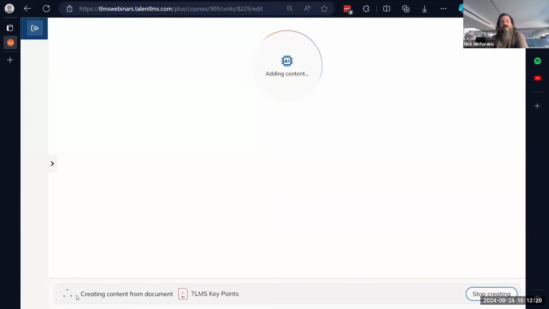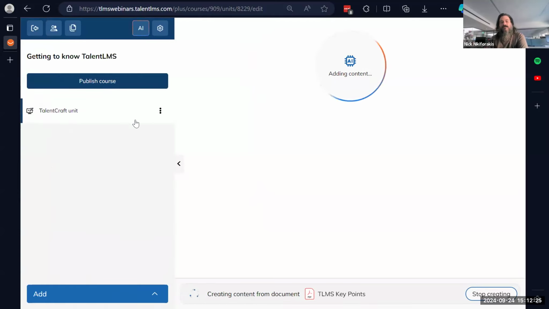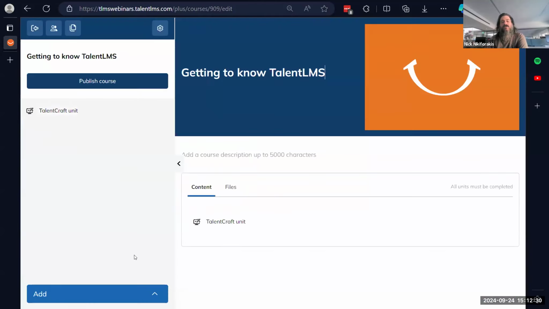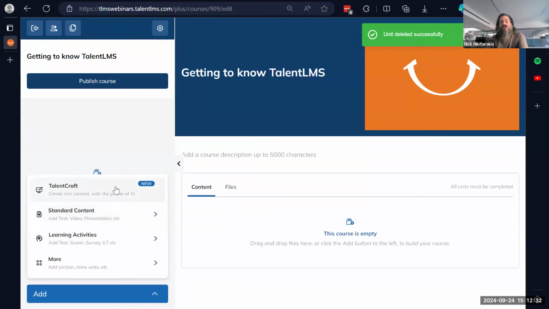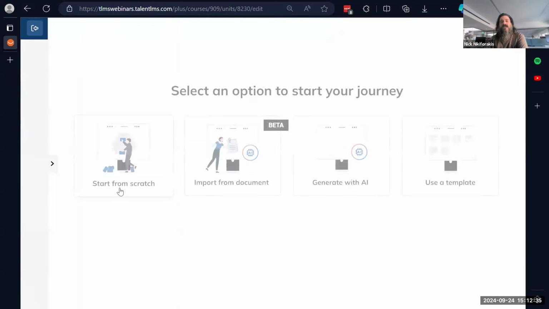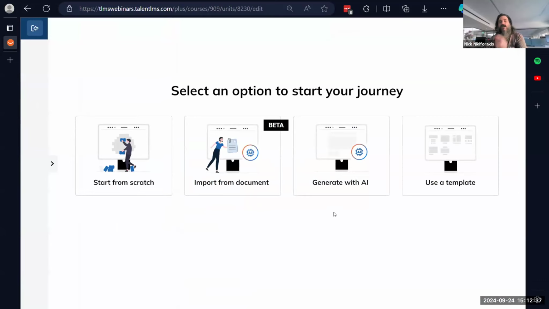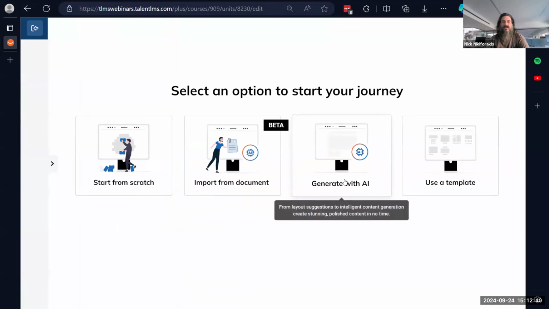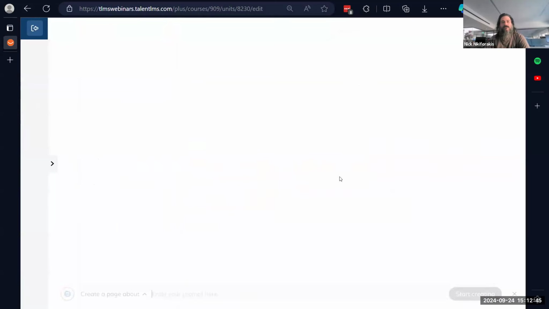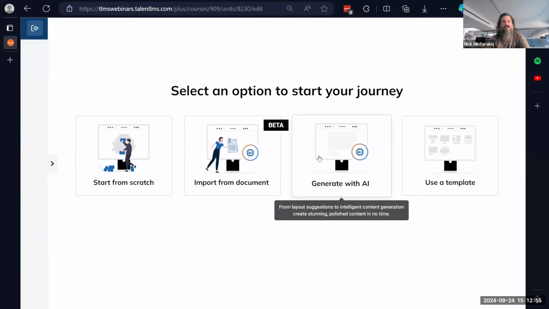Now, I don't want to sit and just wait for this to happen. So instead, I want to go in here, and I am going to show you something different. So I'll go back to the TalentCraft options, and I want to show you how you can generate with AI. Now, if I click here, you're going to be able to see that it is here, and it is actually waiting for me